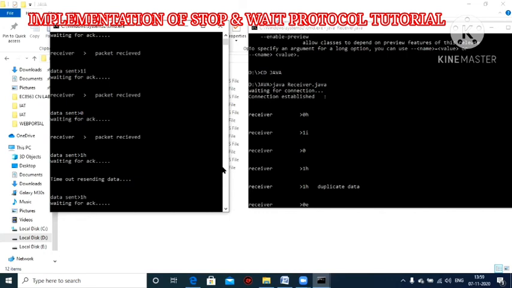So now it sends the acknowledgement, but the acknowledgement is not received. In between there will be some loss or it is discarded or whatever else happens there, but I don't know. But within the time, I don't receive the acknowledgement, so I send the previous data. The previous data is 1H, so I send 1H. That is already received, so this 1H is duplicate data.